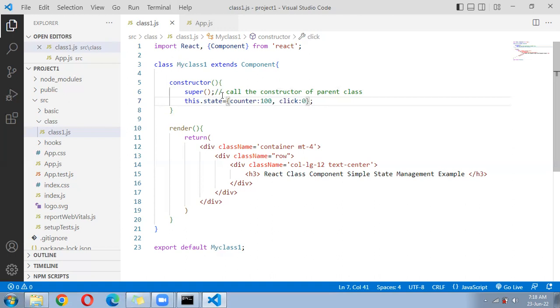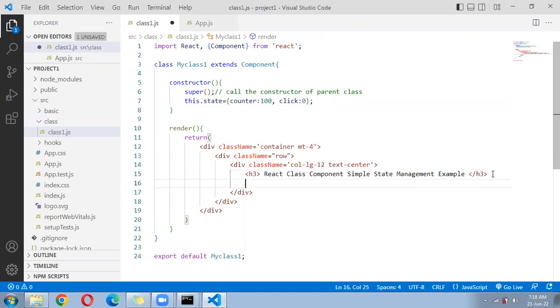Next, come down. If you want to print the counter, we cannot call counter directly. Counter is a part of state, which is a part of the class. So it's called this.state.counter, which will give you 100. this.state.click will give you the 0. So let's come inside the page now, and you can use here an h1 tag,